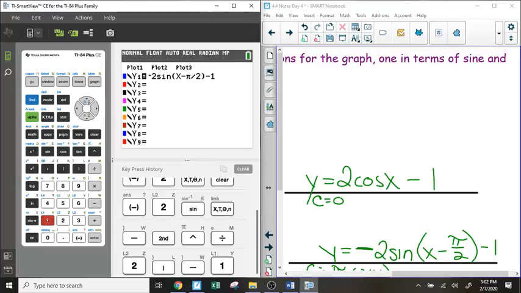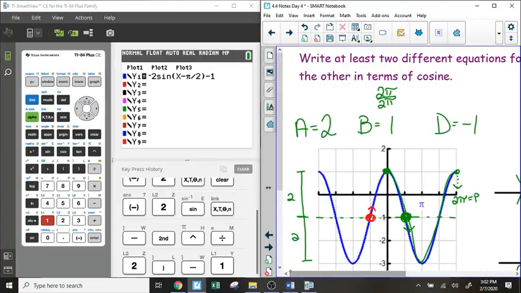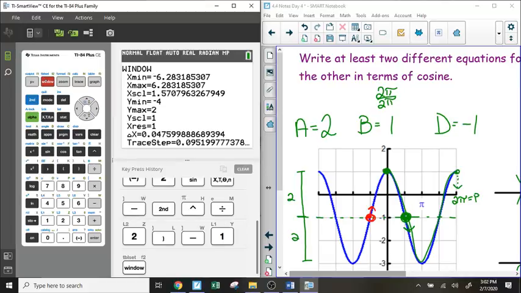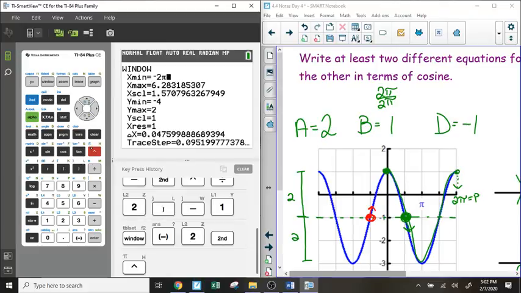I'm going to set my window to match what's in this picture. Now, there's a couple things. We, again, have never graphed a trig function. When you're graphing this, your x-axis went from -2 pi to 2 pi. So in my window, I would do my x minimum from -2 pi. Now, notice, I typed in -2 pi. When I hit enter or arrow to the next line, it'll never leave it in terms of pi. It'll always do the decimal equivalent there, and that's fine. So then 2 pi,